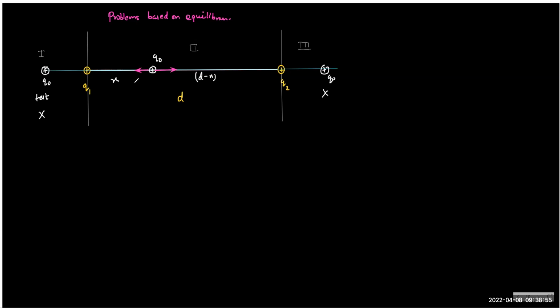So let's call this F1, this is F2, because F1 will apply force to the right and F2 will apply force to the left. So by balancing these forces, we can get the answer, right? Yes, sir. And what we can get is